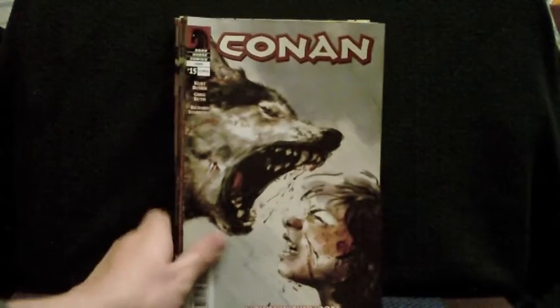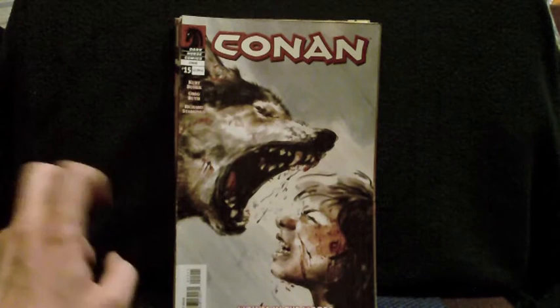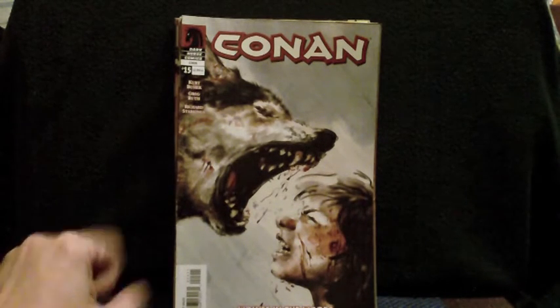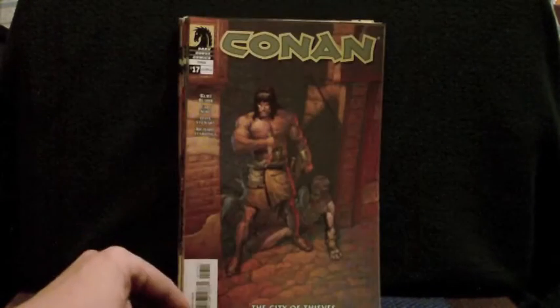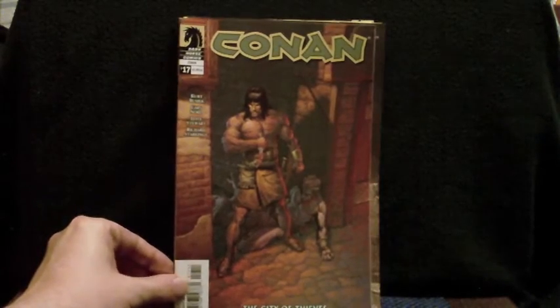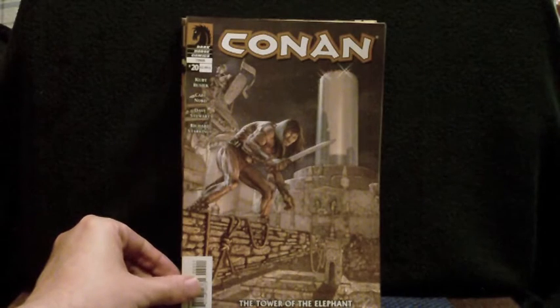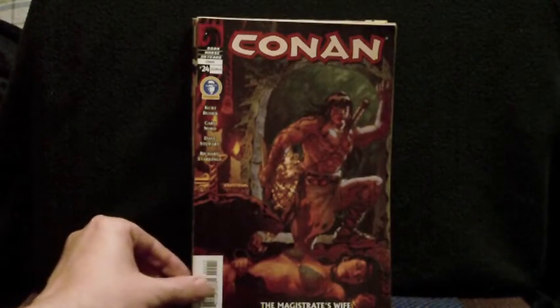The other big series, I think it probably lasted the longest, at least so far, was the one that Kurt Busiek started, which was just called Conan. A lot of the earlier stories mixed in a lot of his tales from his youth, as you can see from here. Issue number 15, 17, issue number 20, Tower of the Elephant, issue 24,